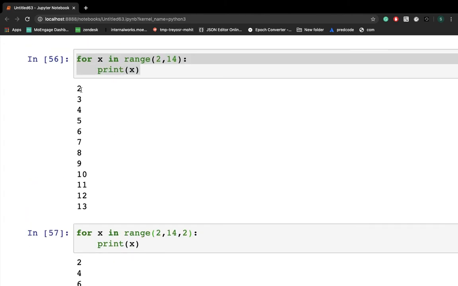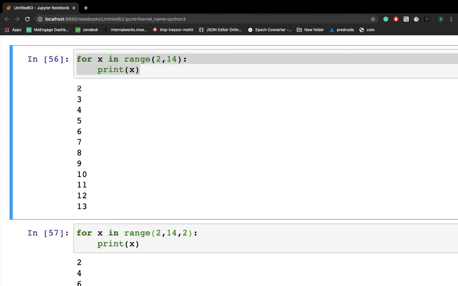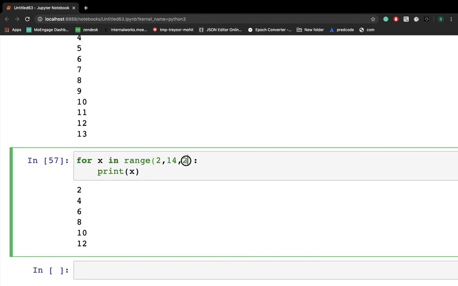By default it increments by 1, but if you specify a number, it will increment as per the specified number. So this is all about range. This is the basic concept. We will use this function while writing Python code, and we'll see it in our next video as well.